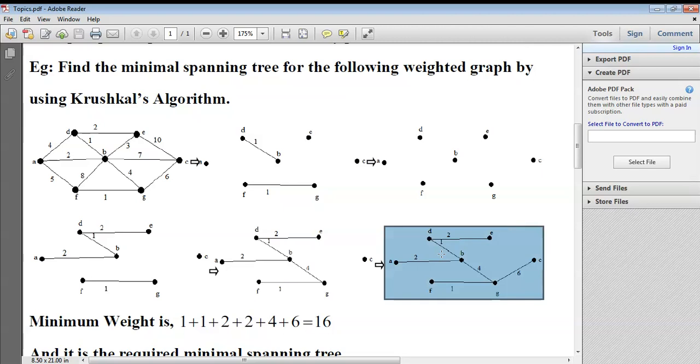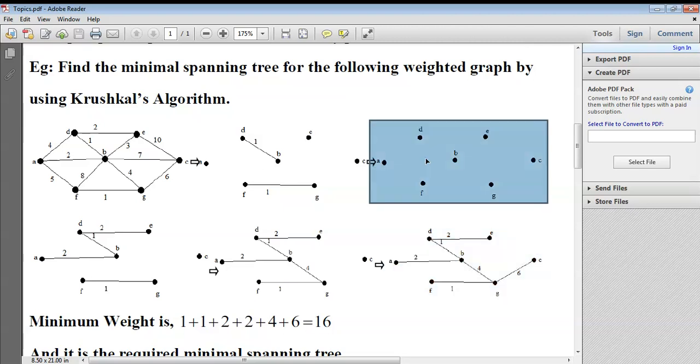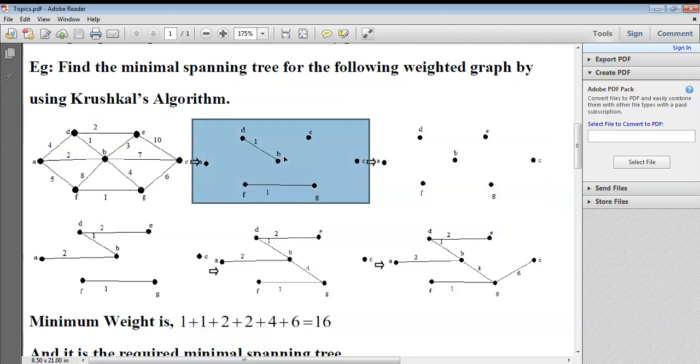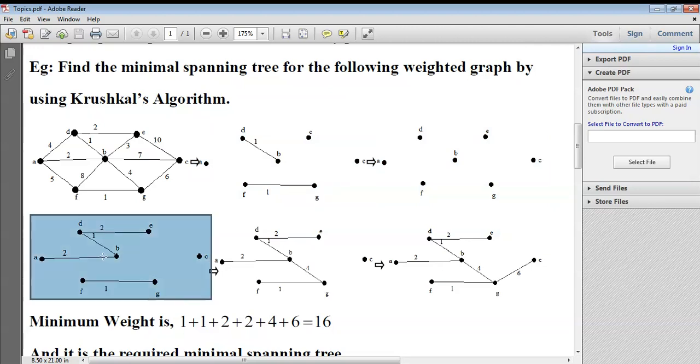Okay, the Kruskal algorithm says let us denote all the vertices first. Then let us start taking edges with the minimum weight. So I have started with the edge having weight 1. Okay, then I have moved on to edge with weight 2. Okay, so then